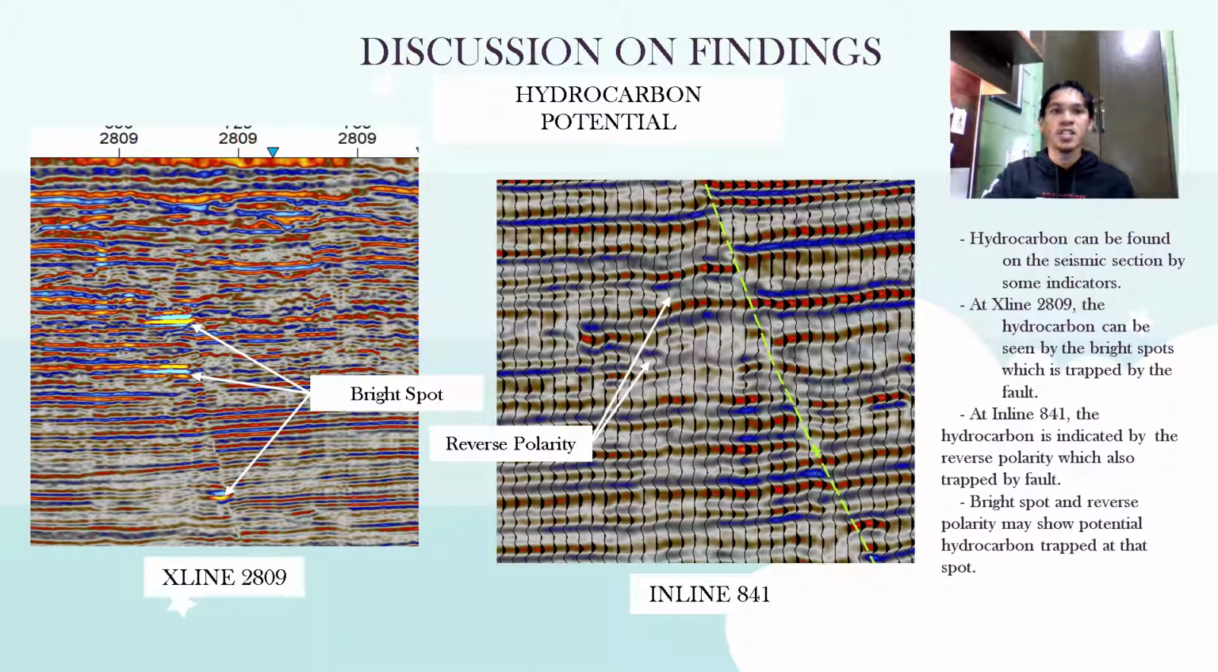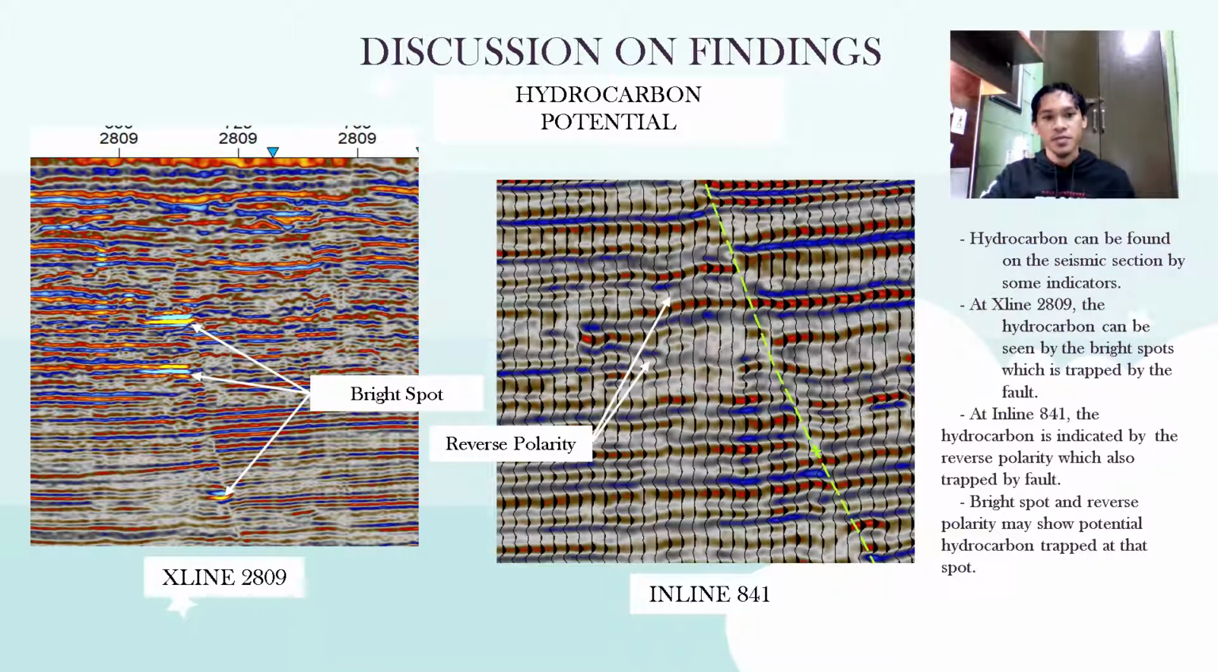Next, we go to the discussion of findings, which is hydrocarbon potential. Hydrocarbon can be found in the seismic section by some indicators, and we can see at the S line 2809, we can see the bright spot, which is trapped by the fault. We can see there are about 3 parts of this section that have the bright spot, and both of them lie under the fault, and it has a vertical one, which shows you can drill a well that can penetrate both 3